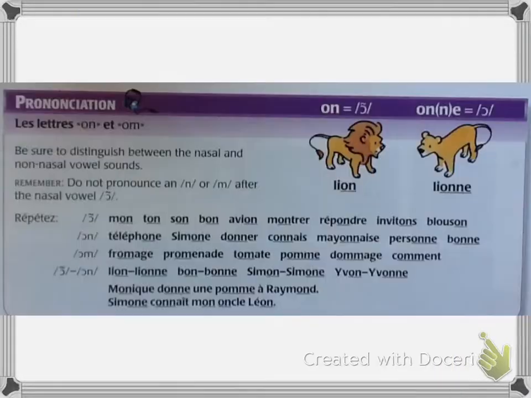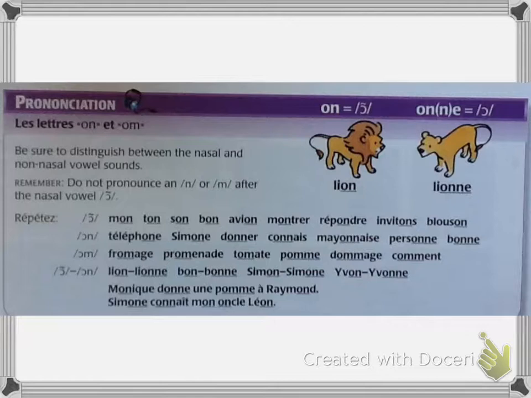All right, let's take a look at the prononciation. Les lettres ON and OM. Be sure to distinguish between the nasal and non-nasal vowel sounds. Remember, do not pronounce an N or M after the nasal vowel. So, s'il vous plaît, répétez mon, ton, son, bon, avion, montre, répondre, invitons,